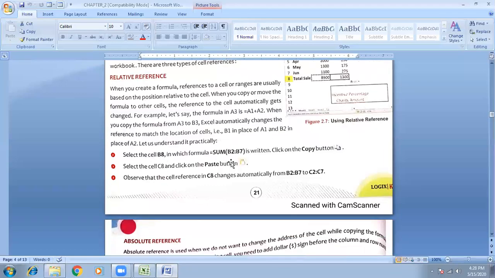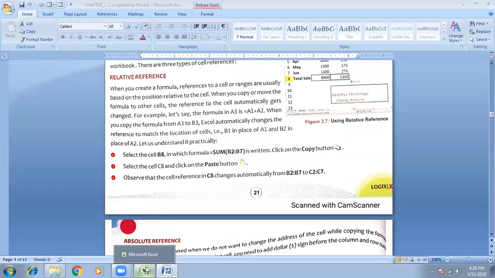In the formula, sum B2 colon B7 is written. Click on the copy button, select the cell C8 and click on the paste button. Observe that the cell reference in C8 changed automatically from B2 colon B7 to C2 colon C7. This is known as relative cell reference.